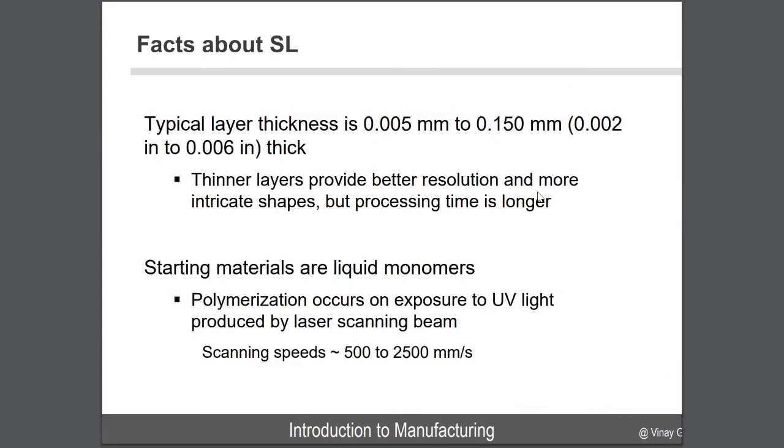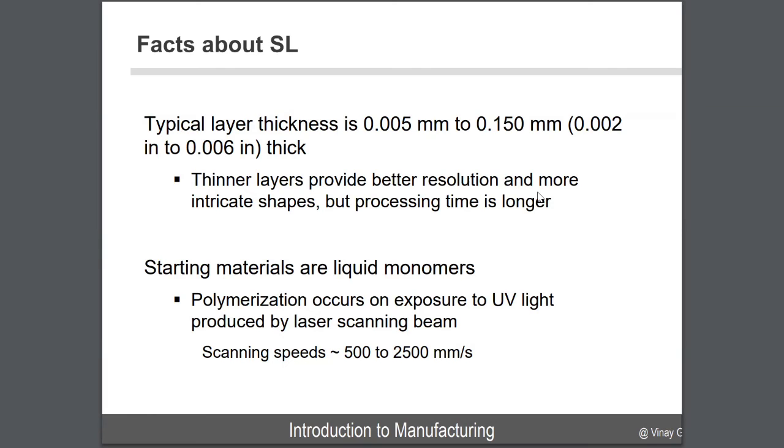So what are the facts when it comes to SL system? Typically, each layer is very thin. It can be in the order of 0.005 millimeters or 0.02 inch to 0.06 inch thick. Now, if you have thinner layers, it can provide better resolution to that part, and it can actually provide more complex shapes if needed. However, if you go with smaller layers, better resolution, it will take much longer to complete